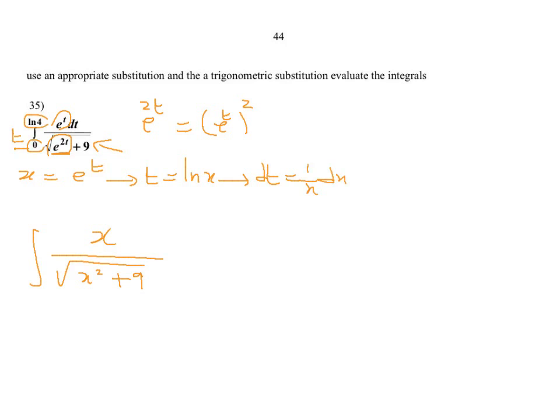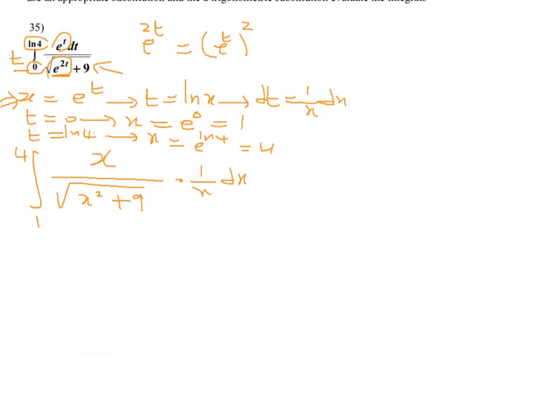For t equal to 0, x is equal to e to the power 0, which is 1, and for t equal to ln 4, x is equal to e to the power ln 4, which is equal to 4. So the values of x are from 1 to 4, and dt is 1 over x dx. So the new integration now is